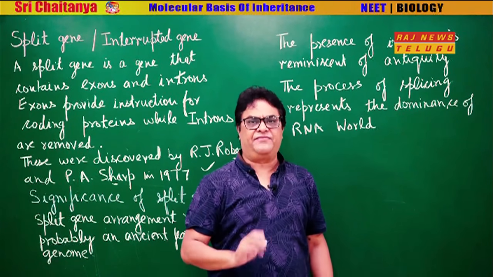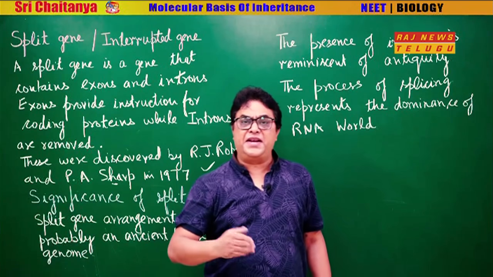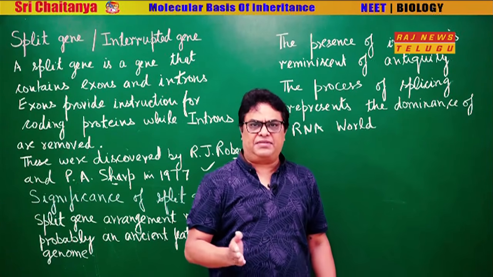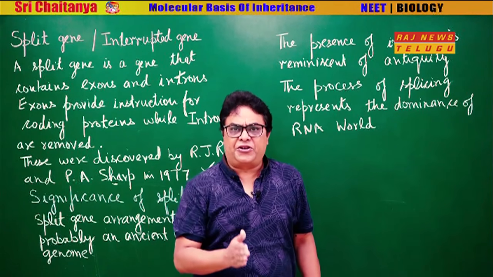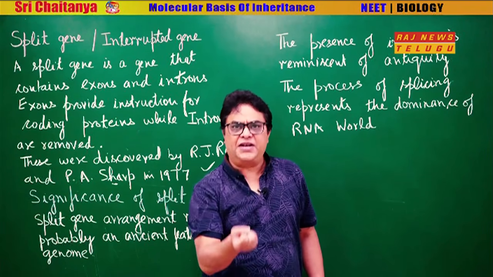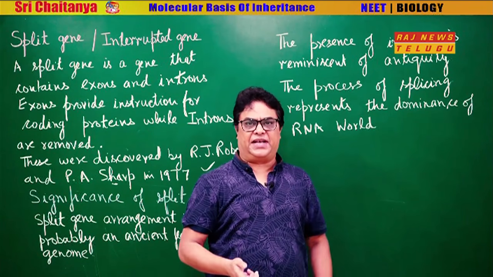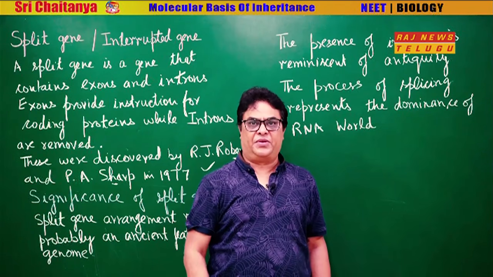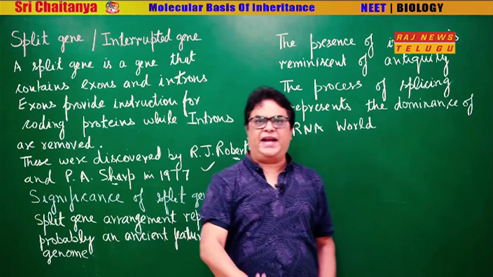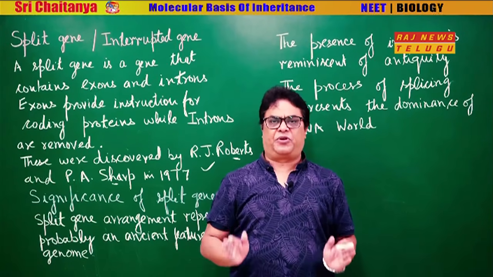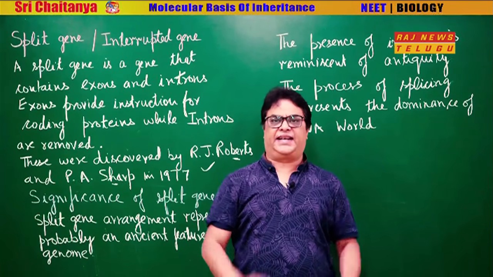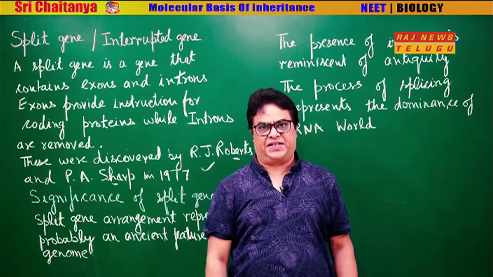And students, sometimes erroneous or wrong splicing takes place. Sometimes along with the introns, some exonic portion is also removed, causing shortening of the polypeptide chain, and a very good example is beta thalassemia. So with this we have finished split gene arrangement, and we have also finished the process of transcription. Now we will be doing some questions that have been asked in previous years.